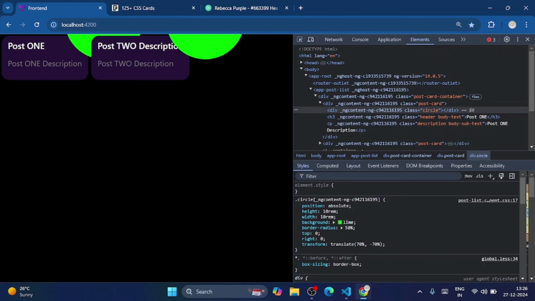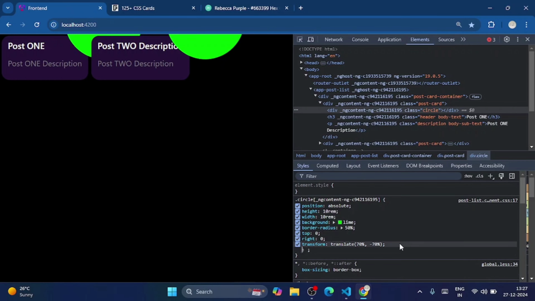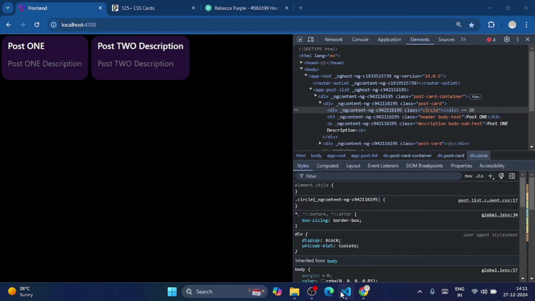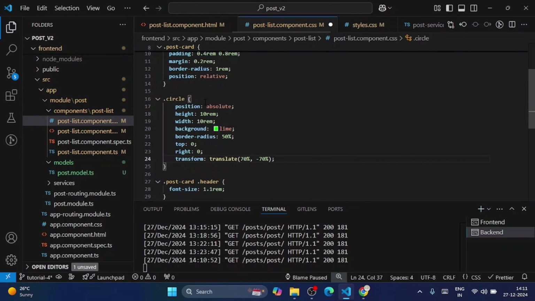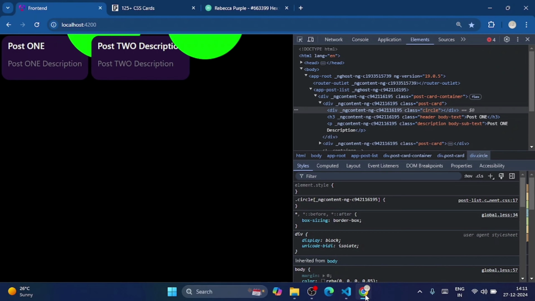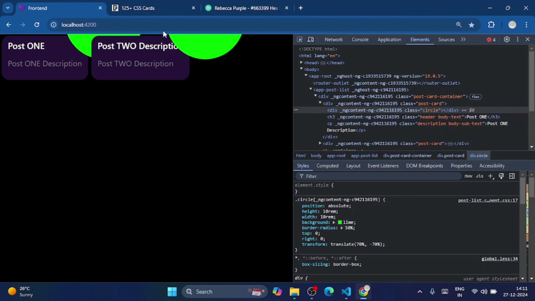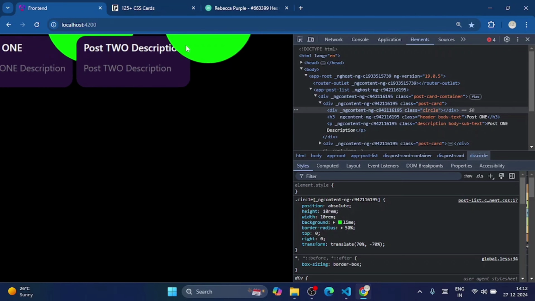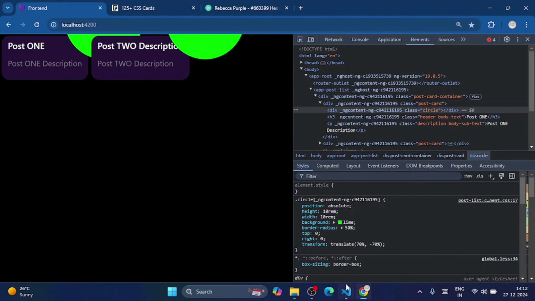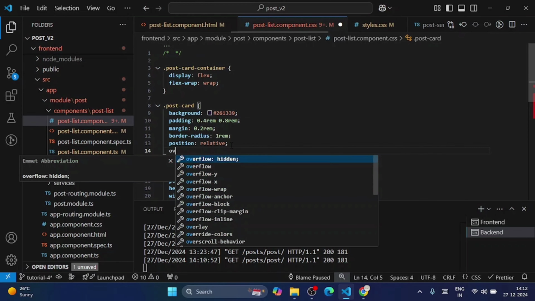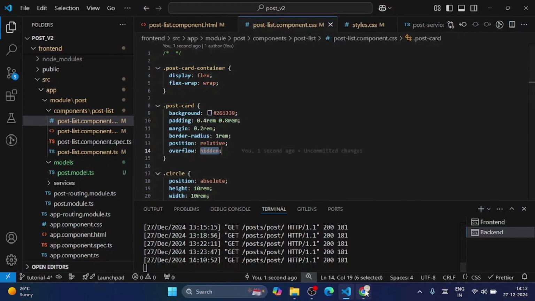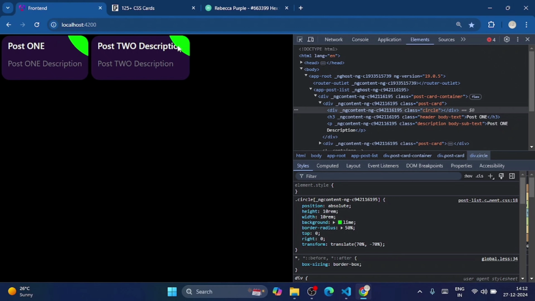Look like this one, but it is Z-index. Let's copy and paste the styles in circle. Okay, but it is going outside of the card. Let's add overflow hidden. Now it is perfect,